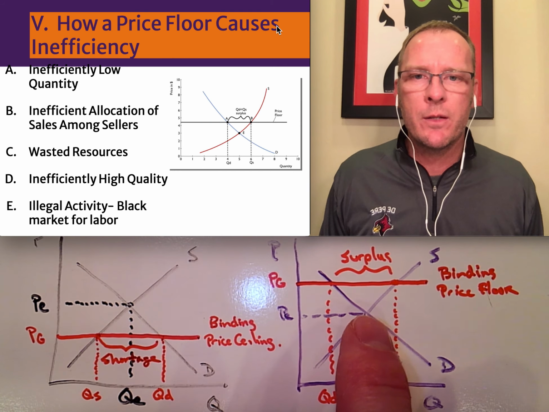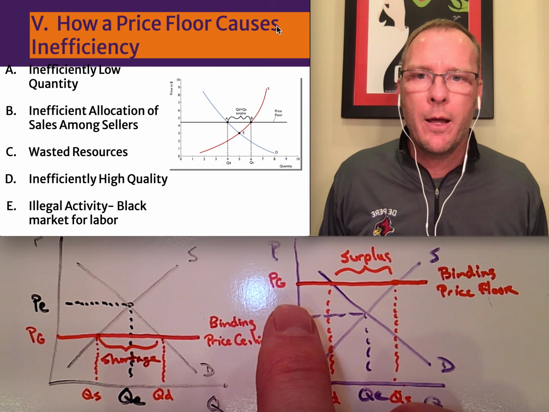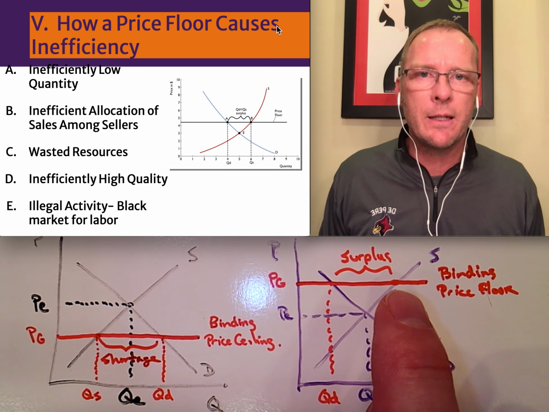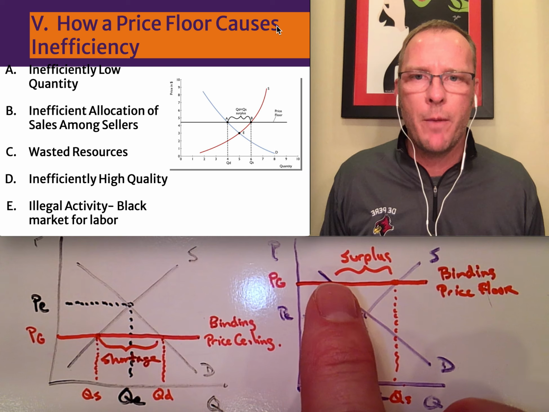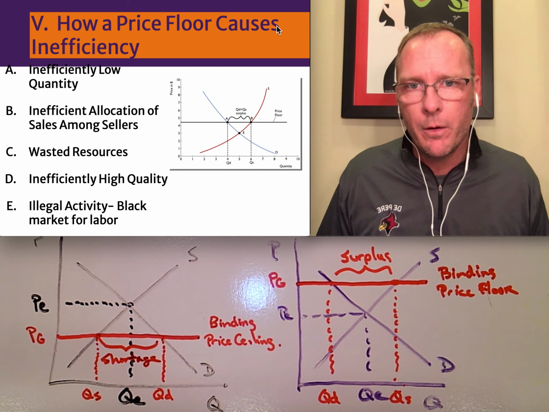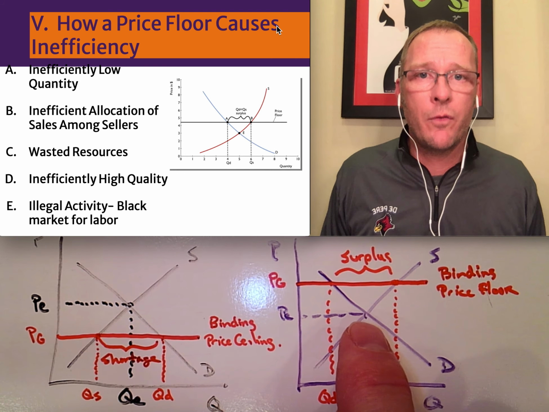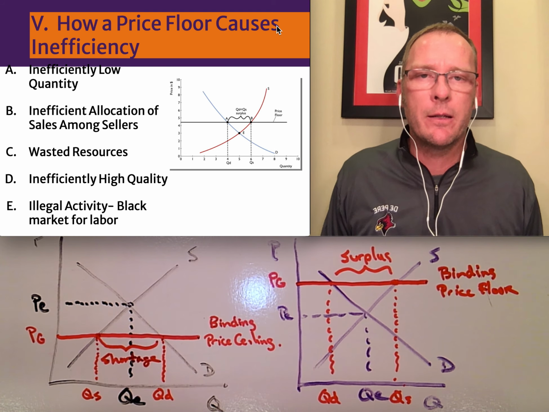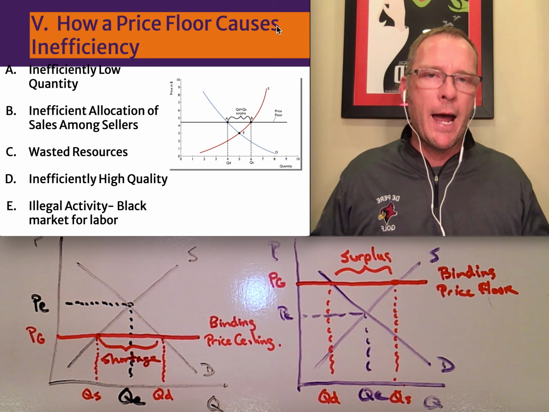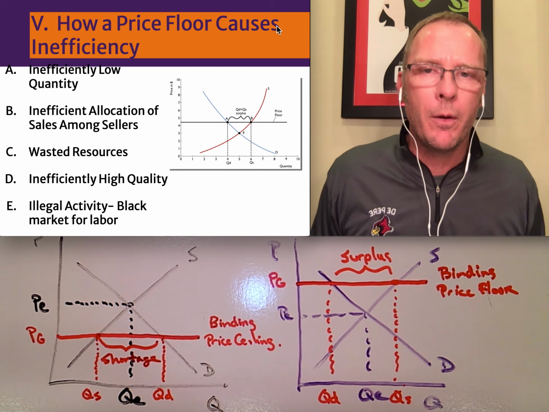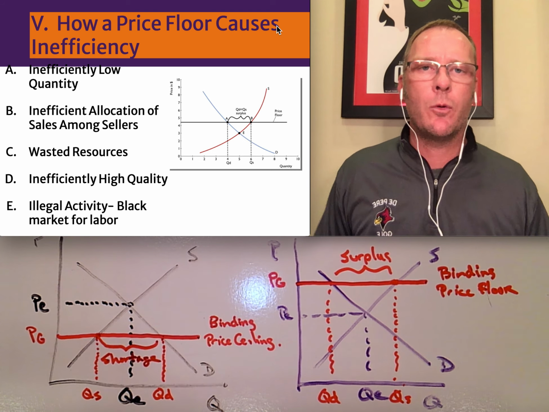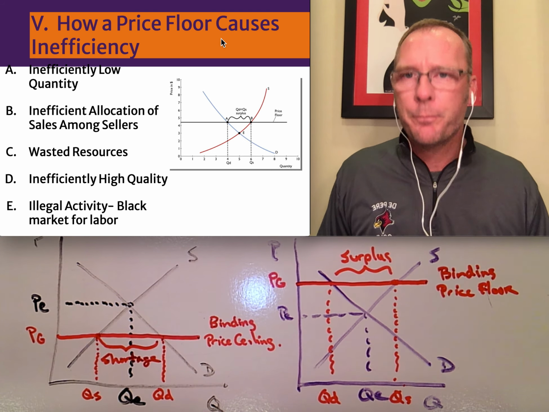If this is the equilibrium price of like $8 an hour, and all of a sudden the government puts in $15 an hour, there are going to be more people who are willing to work for $15 an hour, but no one's going to hire them. There's no demand for that labor. So then what happens? You're going to pay some people $15 an hour, but you're going to fire other people. Well, some of those people are willing to work for $8 an hour, and then what's going to start happening is they're going to show up to work and they're just going to get paid cash by somebody under the table. There's going to be no taxes taken out of that. It becomes this huge problem, a black market for labor, when maybe if you just let the market forces set it, then you wouldn't have to deal with some of those issues, right?